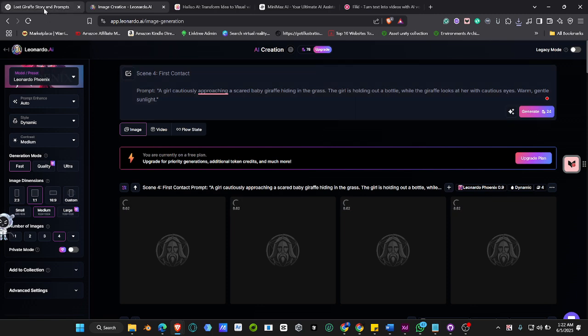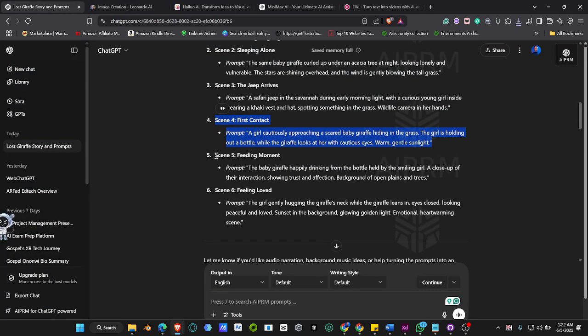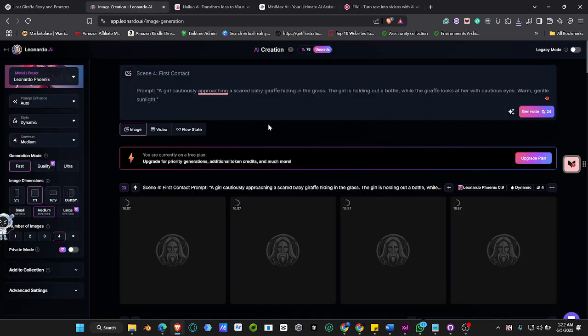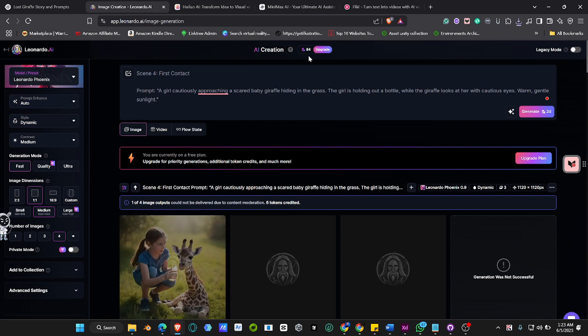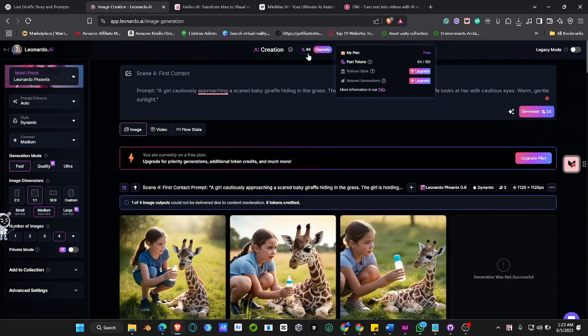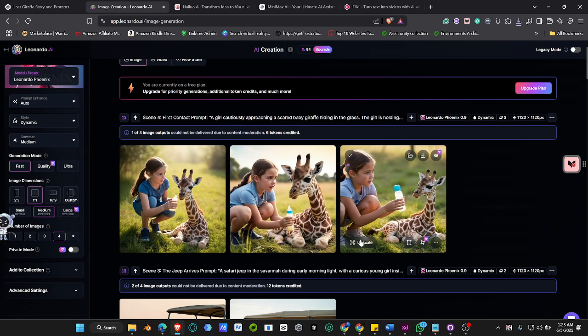Then we can also copy the fifth one while it's generating. So we have 84 coins left. As you can see, we have this and we can download it.